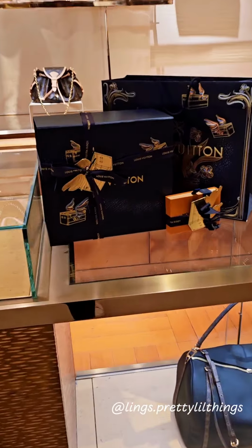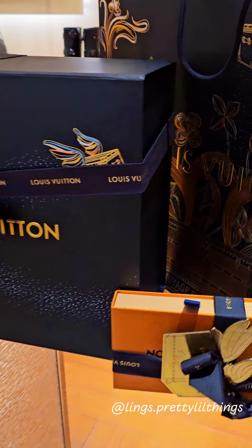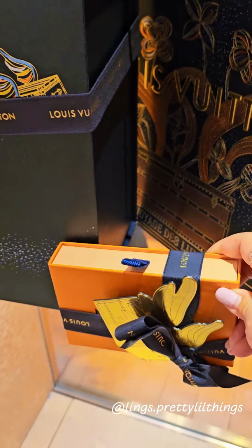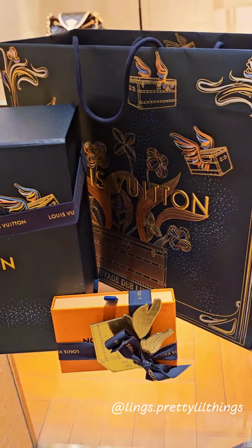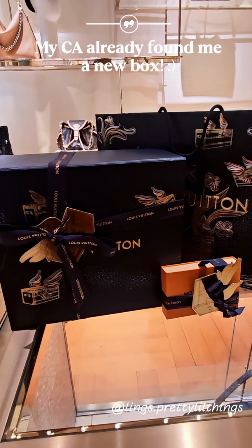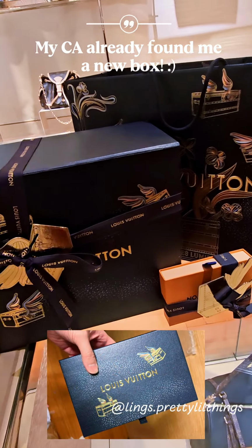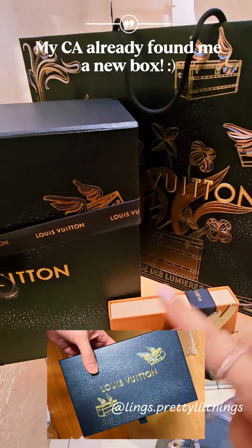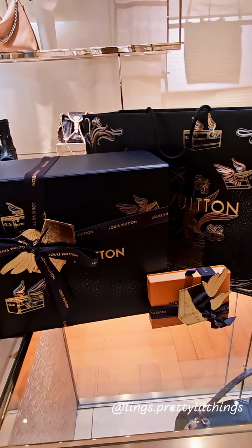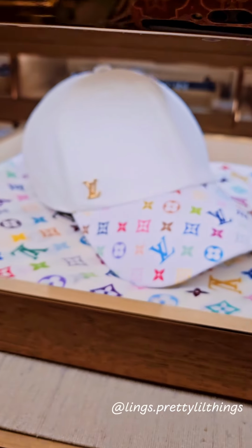Well, it's all wrapped up for me. These are my stuff. They don't have a small box, but they're gonna get me one from another store. I'm late in the game, and the CAs here have been very helpful because my CA is off on leave, and she asked others to help me wrap everything nicely, and they're giving me the Christmas December packaging, which I have yet to unbox. So they're hiding the